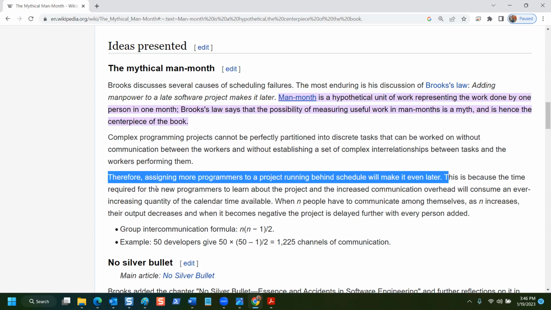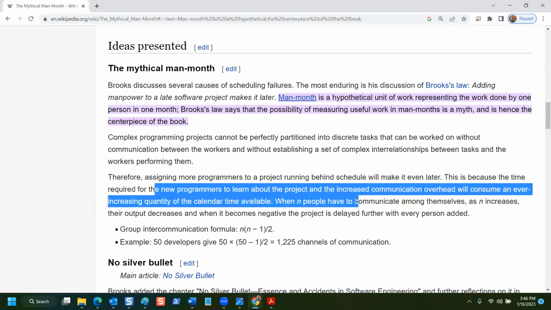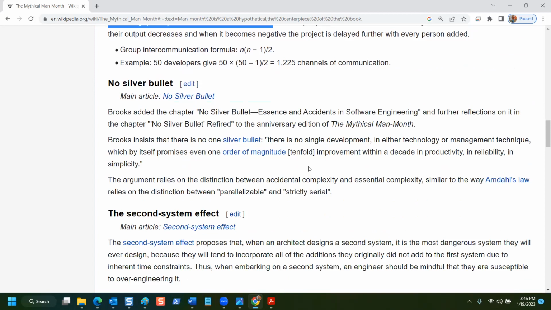because it takes more time for the new programmers to learn about the project, and the increased communication overhead will consume an ever-increasing quantity of calendar time available. So what happens? You're even further behind. Then someone really in charge, like the head honcho, comes along and says, I'm going to fire all of you if you don't get this done by the end of this week. And then they hire like 6 more people, and it's horrible. Now I know I'm being dramatic here,